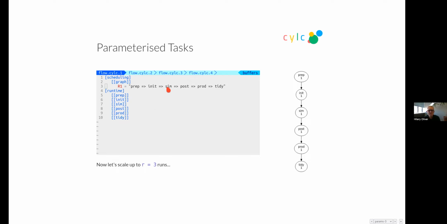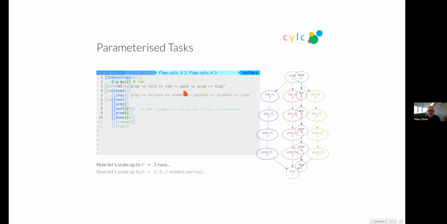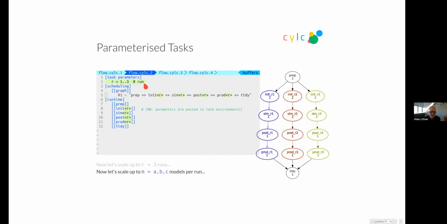What I'm going to do is parameterize the model and post-processing tasks. So I've added a parameter definition here, goes from 1 to 3, would be 100. And each of these runs takes the parameter value, and the same with the task definitions. And those parameter values will be passed to task environments so that the actual running jobs can know which data set they're going to process, say.